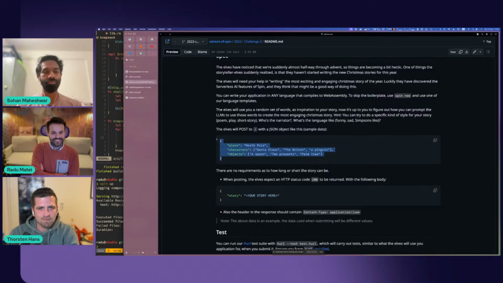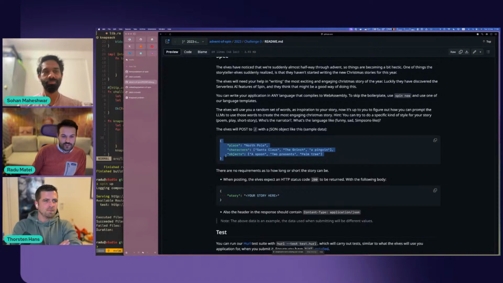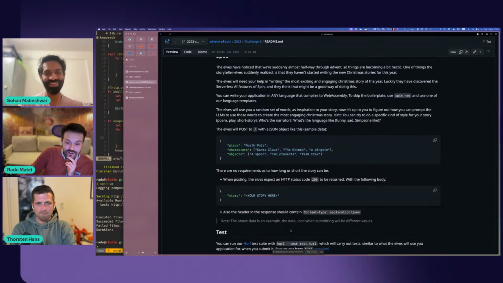That's going to be a fun read through the submissions. So that's going to be interesting. I'm very interested in whether you solve this one, and as you're testing it, please post the intermediate results to Discord and tag us, because I'm really curious how that's going to look. So I think a lot of it will come down to prompt engineering, which I admit is a lot of fun to do, right? Thorsten, you've played around with the serverless AI feature, I'm sure. Have you played around with some prompt engineering? Do you have any tips and tricks for this particular challenge?